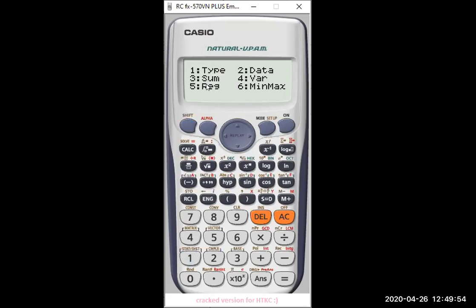Again press AC for slope, Shift 1. There is regression on 5, then press again 5. Here is 2, press 2 for B, the slope. This was the slope 4.36. Students, remember, that was the slope. AC. Then again Shift for correlation coefficient, press again 5 for correlation coefficient. The correlation coefficient is on 3, then press 3, then equal, see students, 0.82, which we have found in correlation analysis.